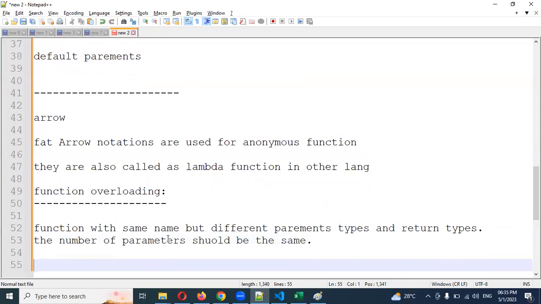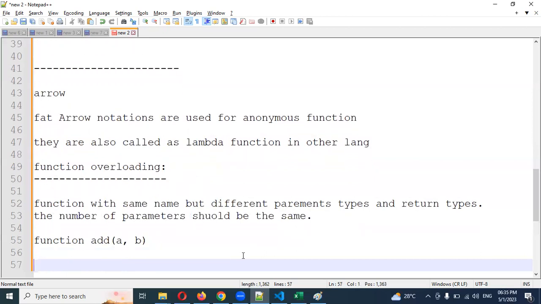You can say that we are able to create functions with the same name but different parameter types and return types, but the number of parameters should be the same. Means if you create a function add equal to a comma b,